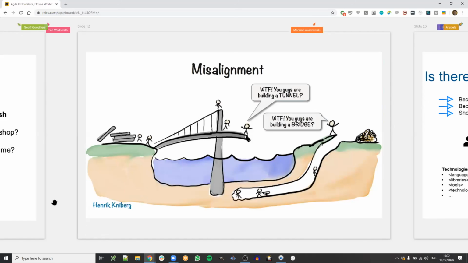And the big thing you want to avoid, in my head, is this, right? I love that picture from Henrik Kniberg. This misalignment, where everybody thinks they have agreed on what to do and how to do it, but actually there's a big misalignment. Like we've all agreed we need to go across that river, but some people have understood that we need to build a bridge, and some others that we need to build a tunnel, and it just doesn't quite match up. So that's the big thing that we want to avoid: this kind of misalignment, misunderstanding.